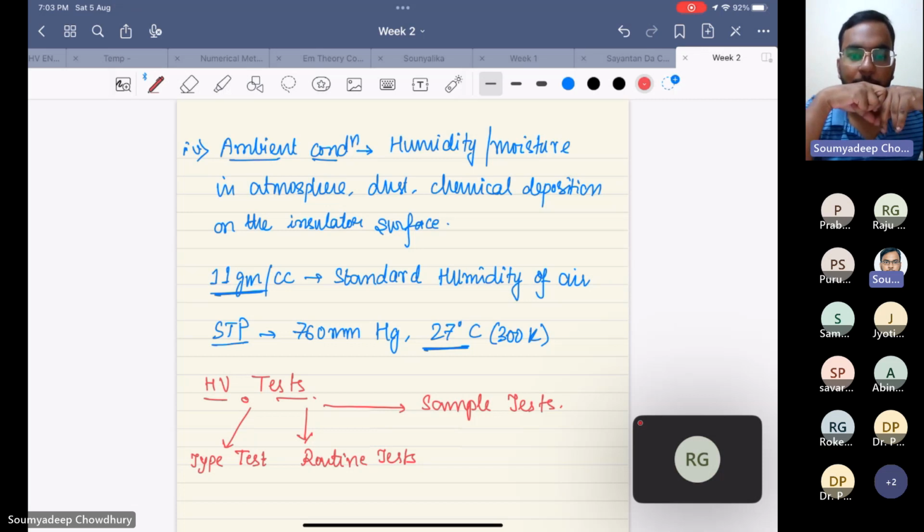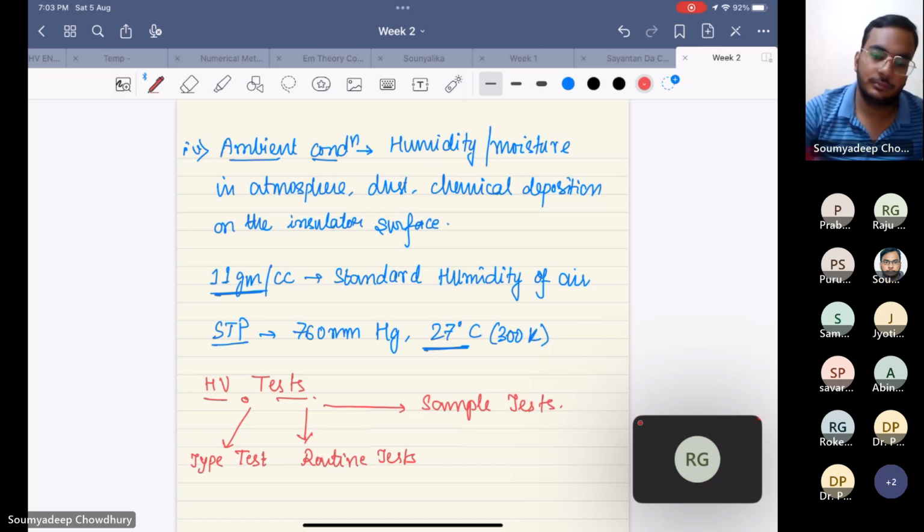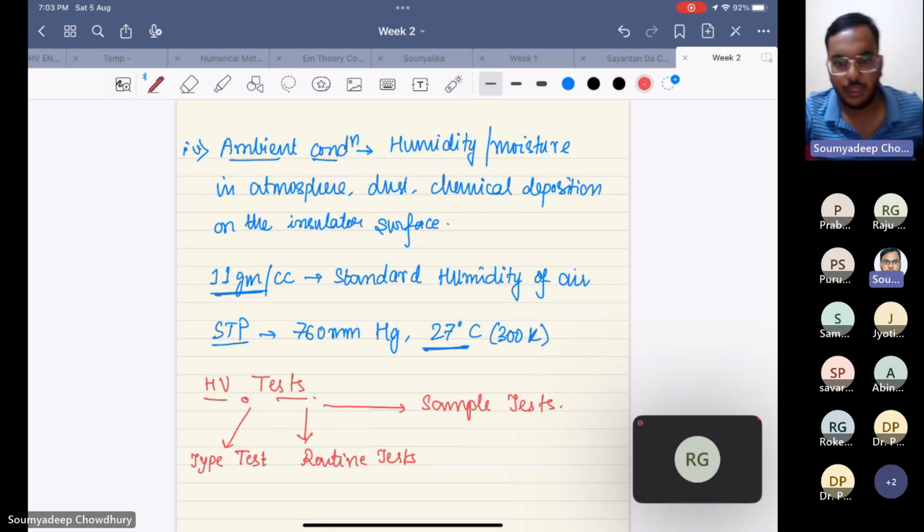So basically we do these accelerated aging tests by performing a series of aging experiments. These accelerated aging tests include the pollution tests, the corona test, and the voltage distribution test